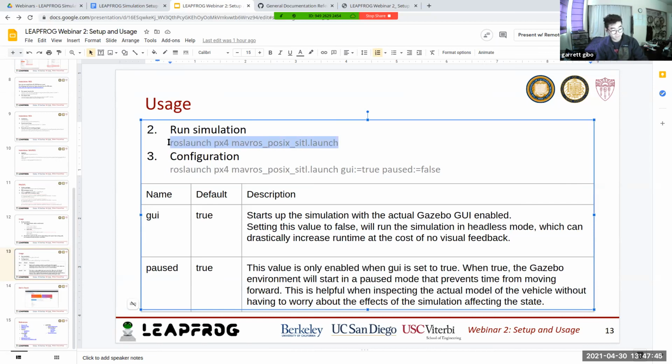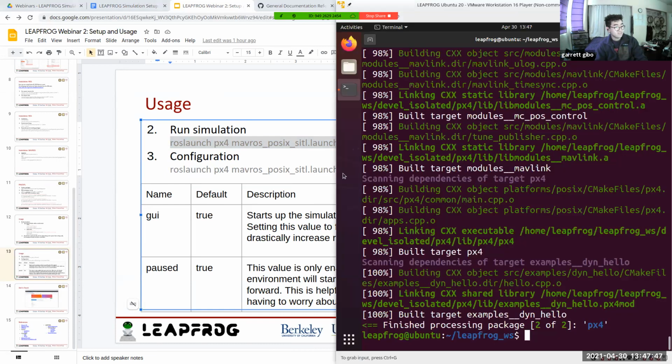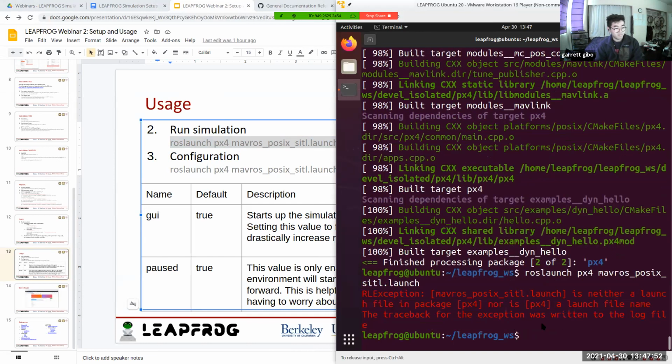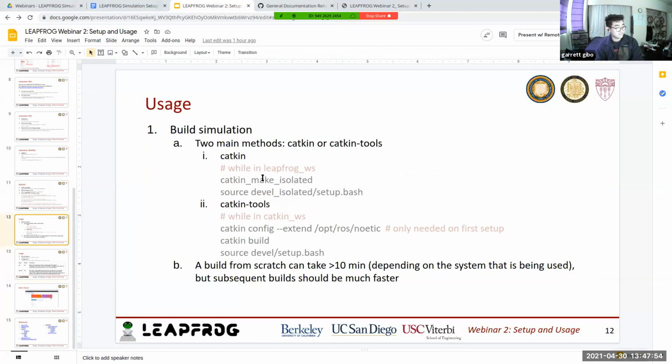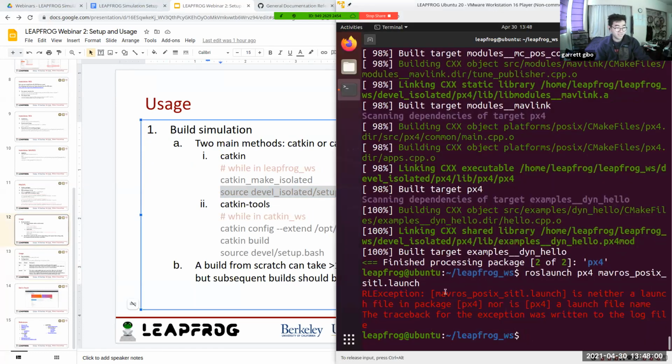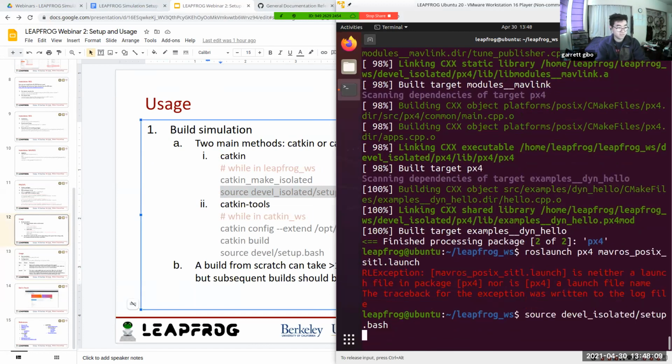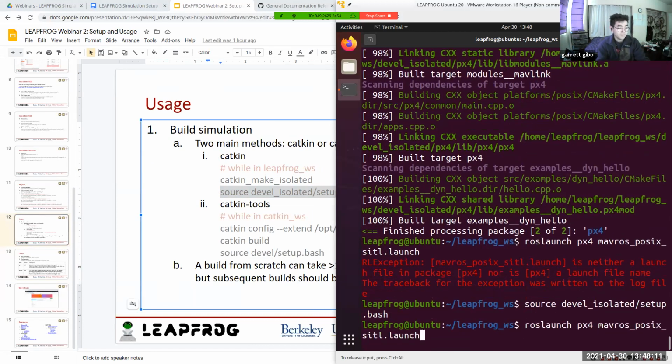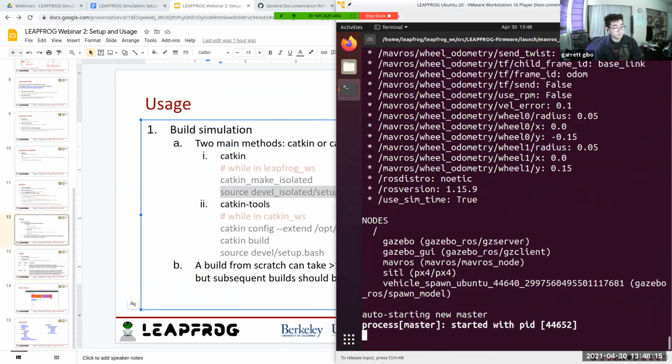So if we just copy this roslaunch command and paste it here, we see it fails because I forgot to copy this line of sourcing after you build. So when you don't source, you get this error of it not being able to actually detect PX4 that was just built. So if we source it now, and then run the roslaunch command,